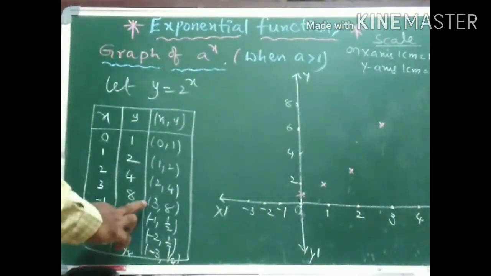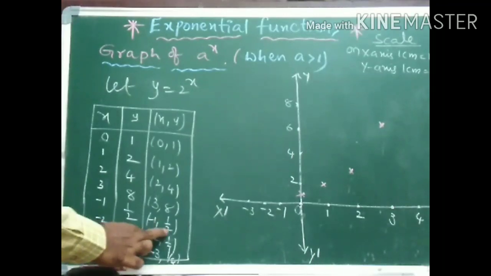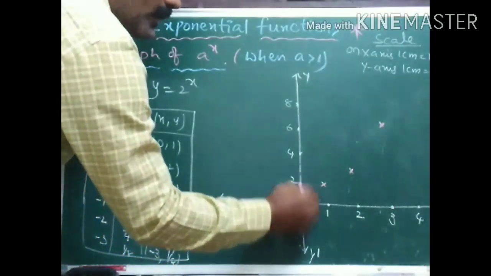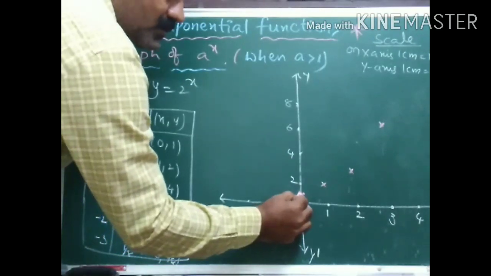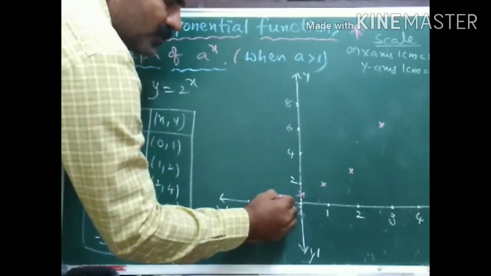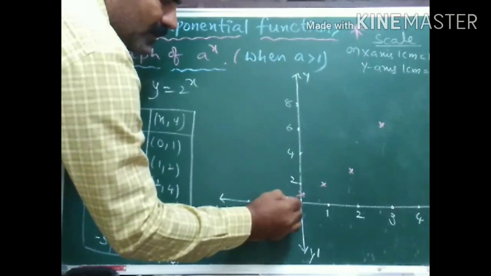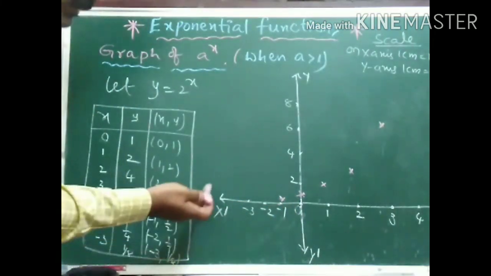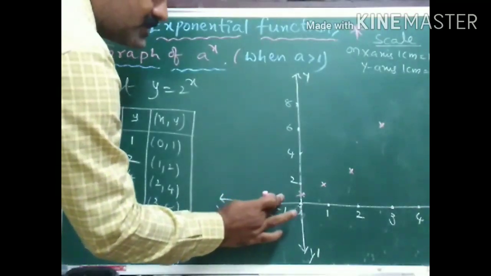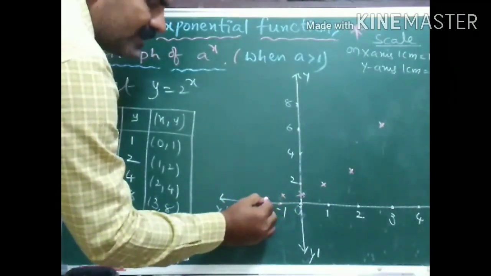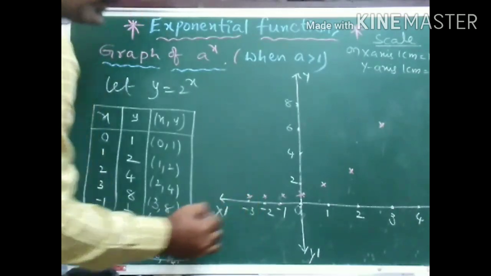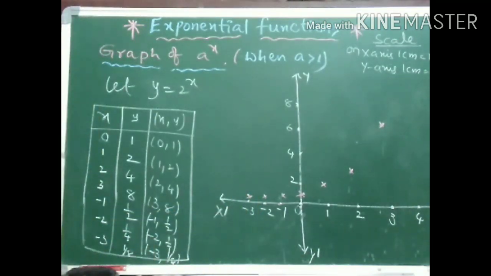Now next, what we have in the negative x-axis, minus 1 comma 1 by 2. So minus 1 and 1 by 2. This is 0 to 1, no? 1 by 2 means in this half. So suppose this is minus 1 comma 1 by 2. And minus 2 comma 1 by 4, still close to this. Say for example this is here and a little bit below, and minus 3 comma 1 by 8. So these are the plotting points.